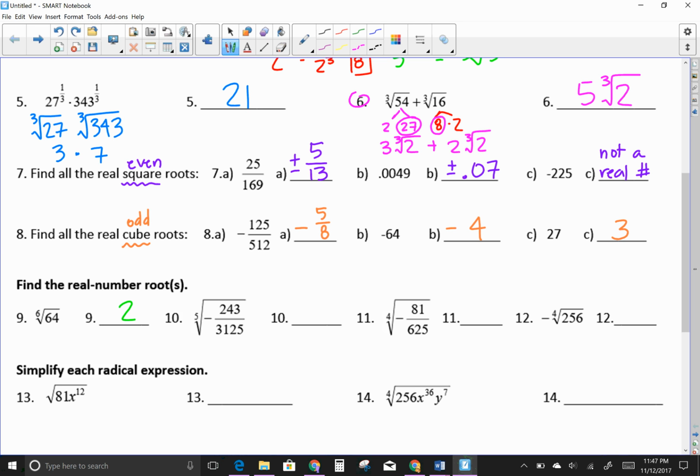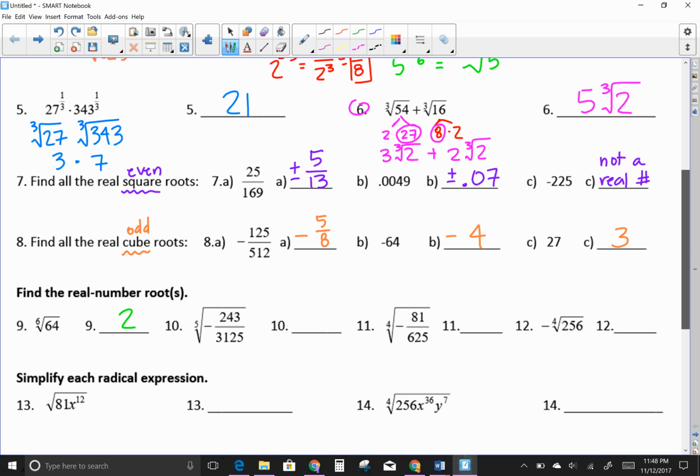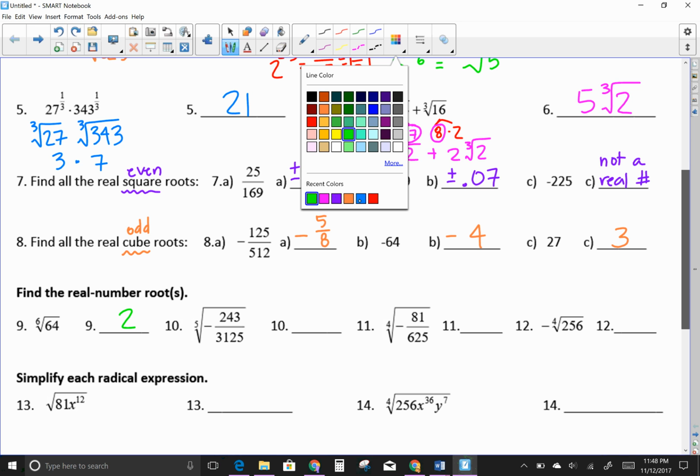And that's another thing as we go through here. I didn't talk about that back up here, but in problems number 1, number 4, number 6, if you put it in your calculator and it gives you a radical or it gives you a decimal, then you must show some kind of work on your paper supporting your answer. If you put it in your calculator and it gives you a whole number, then fine. These problems I did ask for algebraic equivalence. After that, you may just put in the 6th root of 64. I'm fine with that. Okay, let's go to the 5th root of negative 243 over